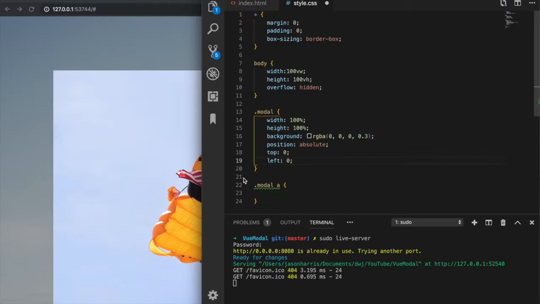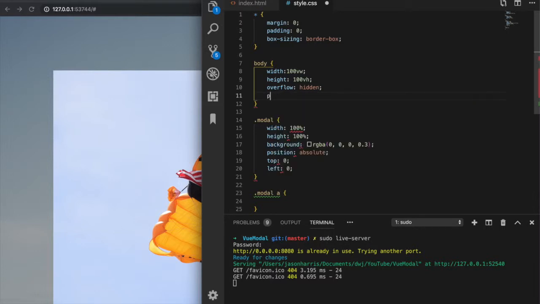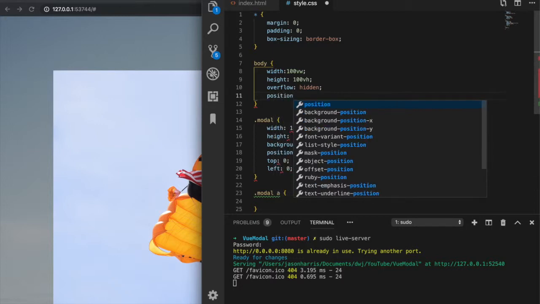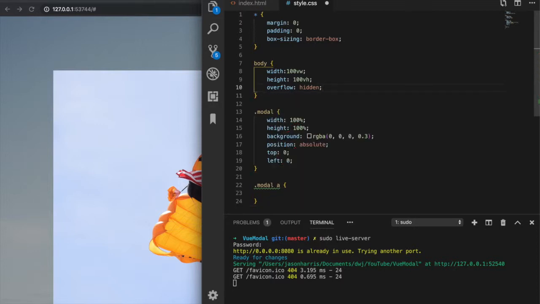And with this we're going to have to set the body and give it a position of relative. Well, we really don't, because if it doesn't see another item with a position of absolute or relative, it'll just take the body and position it along with the body element. So with that done, now